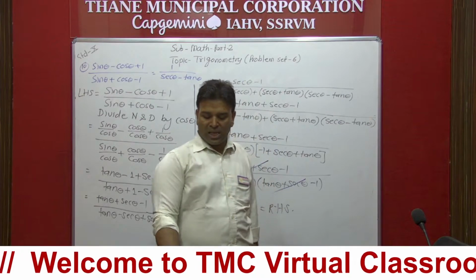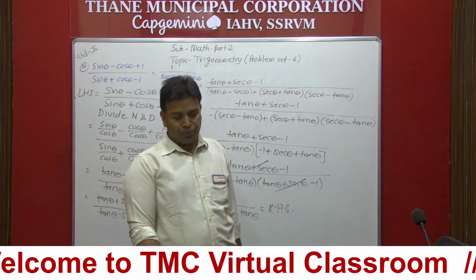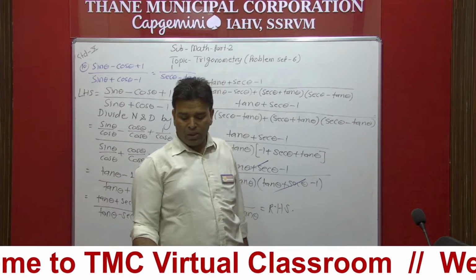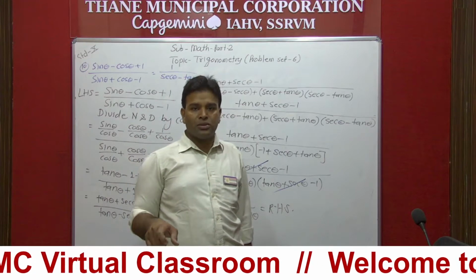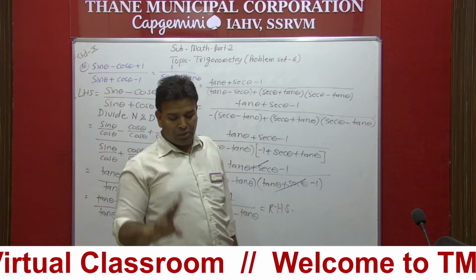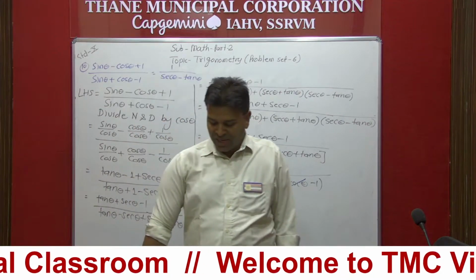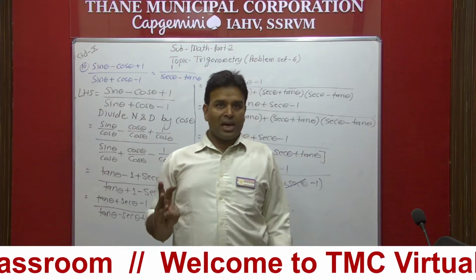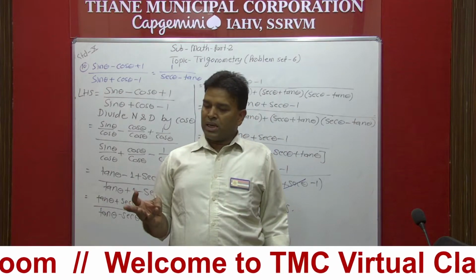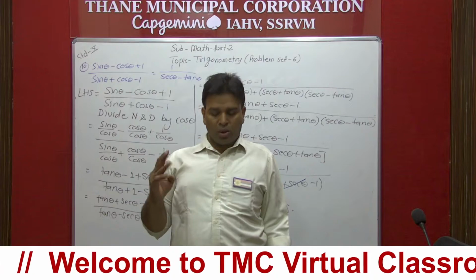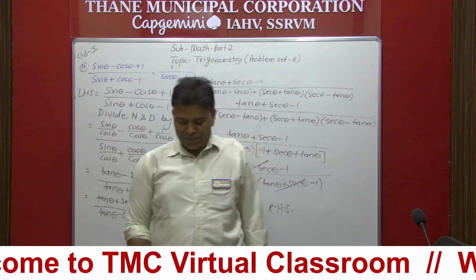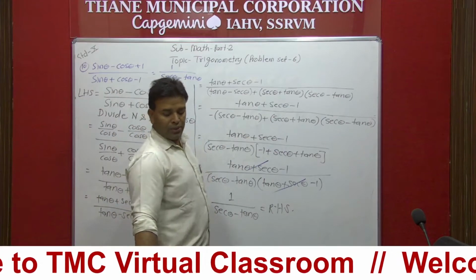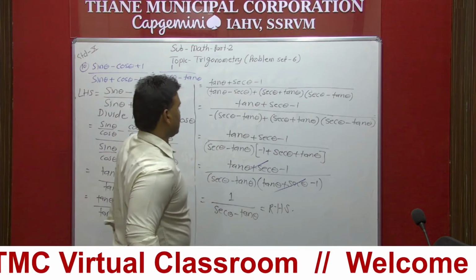See, question number 3 is: if tan theta is equal to 2, then find the values of the other trigonometric ratios. Here the other trigonometric ratios means what? We are given only one trigonometric ratio, that is tan, and we are supposed to find sine, cos, cot, sec and cosec. The remaining 5 ratios we are supposed to find. So let's start with question number 3 and question number 4. First I will complete question number 3.